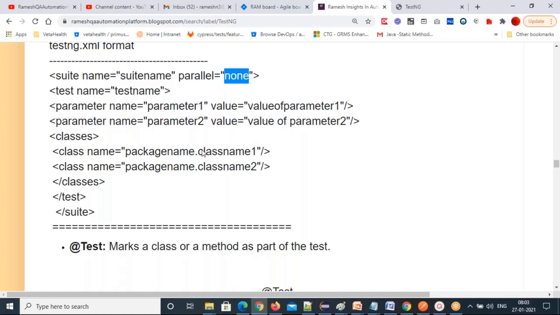Okay. So what will happen? For example, you're specifying the browser here, Chrome browser. So 5 Chrome instances will run. Each class will go and run on one Chrome instance. Class 1, one Chrome instance. Class 2, second instance. Class 3, third. Class 4, fourth. Class 5, fifth instance. After running all those 5 classes, if you still have more classes, the next set of 5 will run on another 5 instances of Chrome browser. All will run parallelly. That's parallel execution. I'll show you once we continue with the different topics.